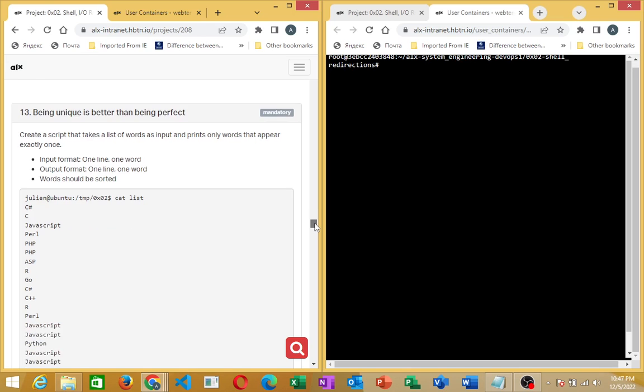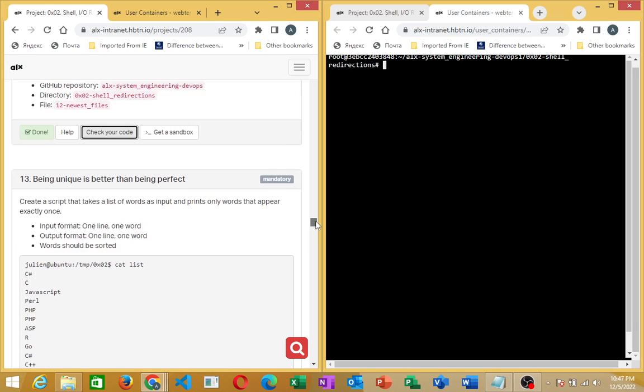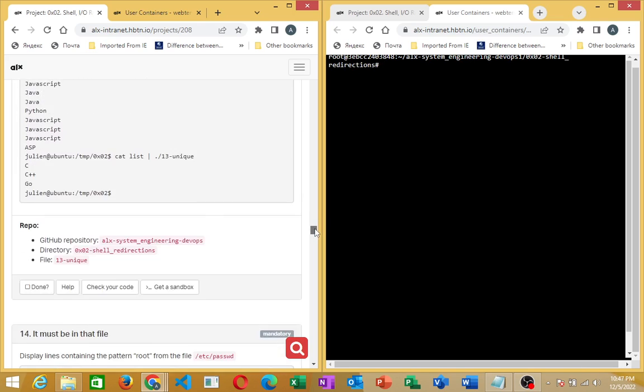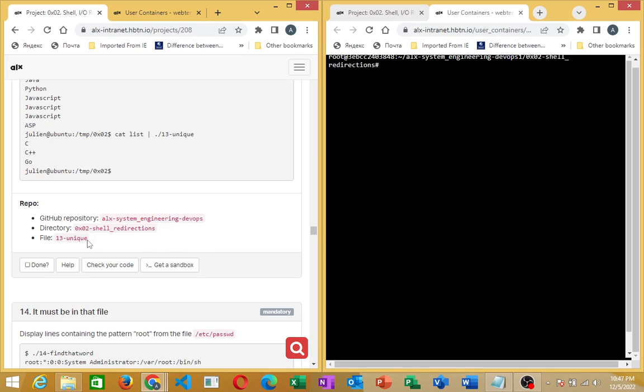13. Being unique is better than being perfect. That's correct if you ask me. Try and be unique. So it said create a script that takes a list of words as input and print only words that appear exactly once. So first let's copy our file name. I do copy, vi, I paste my file name, a compulsory first line,